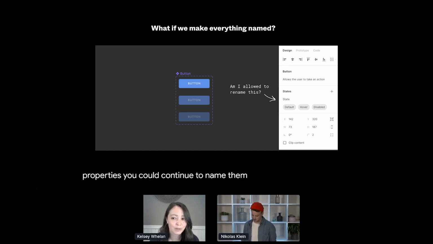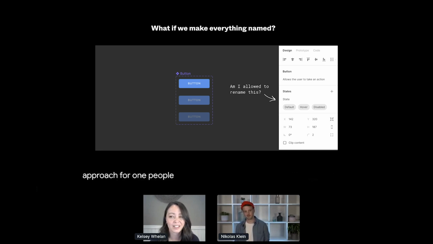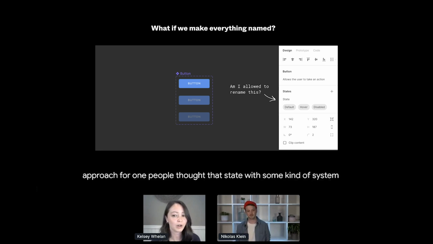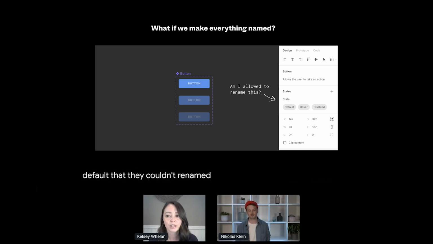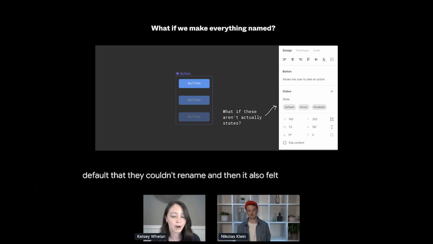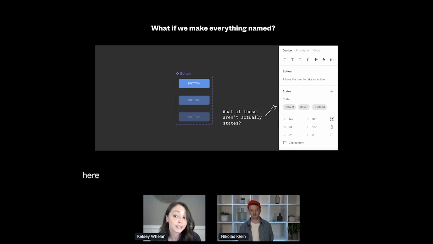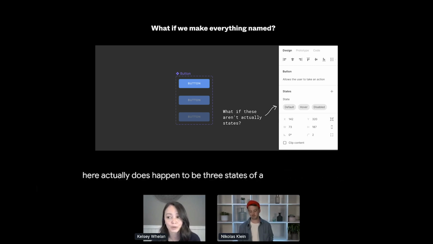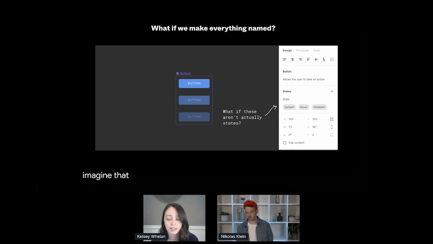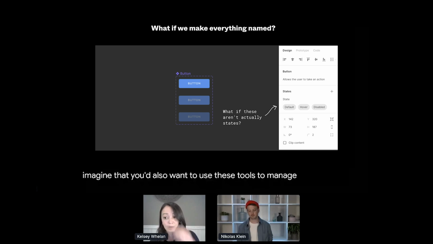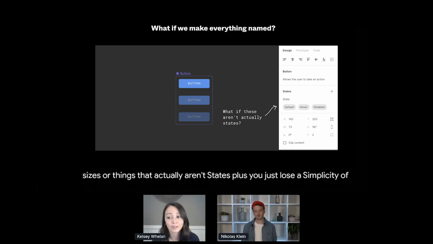There are a few problems with this approach. For one, people thought that state was some kind of system default that they couldn't rename. And then it also felt prescriptive about how we expected people to use the feature. An example I have here does happen to be 3 states of a button, but you could imagine that you'd also want to use these to manage colors or sizes or things that actually aren't states. Plus, you just lose the simplicity of keeping the simple case simple and not having to worry about what the